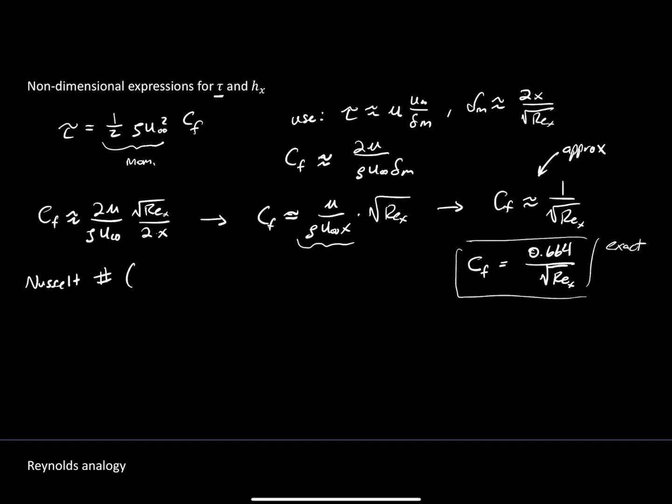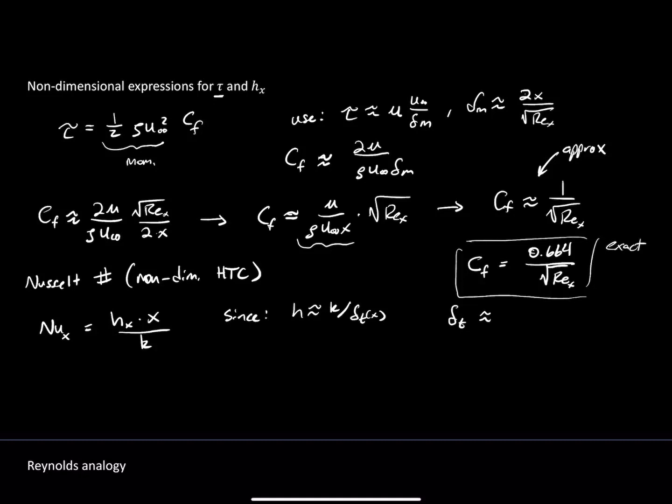Nusselt number is just a non-dimensional heat transfer coefficient. So the definition of Nusselt is the following. It is Nusselt, which is at a particular coordinate x, is equal to the heat transfer coefficient hx times the position x over k. Right? This is for flow over a flat plate. Now, since we remember that h is approximately equal to k over delta t, then we can substitute that in, and we can get delta t is approximately equal to,